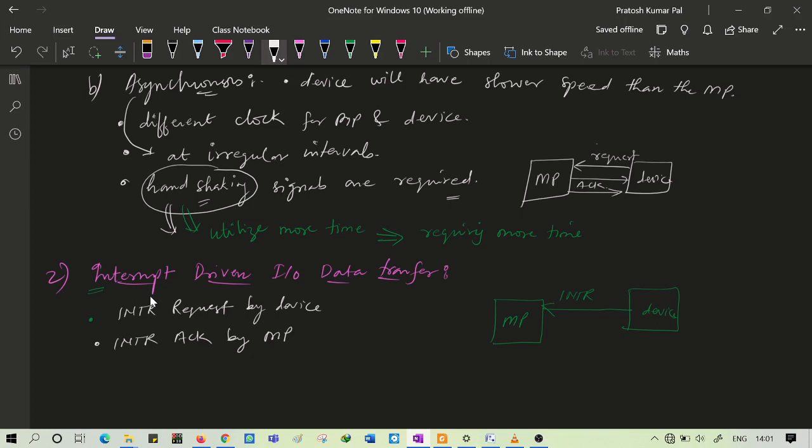If the device wants to send some data, it will give an interrupt request to the microprocessor, and if the microprocessor is available, or based on the priority of the interrupt, it will acknowledge the device. If the microprocessor acknowledges the device, then the data transfer will take place between these two devices. This could be in either direction. So this is how data transfer takes place in interrupt driven input output.